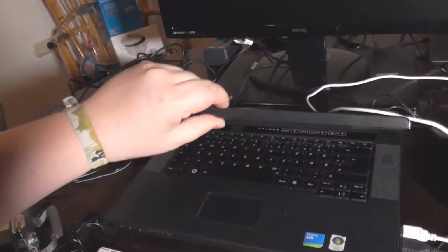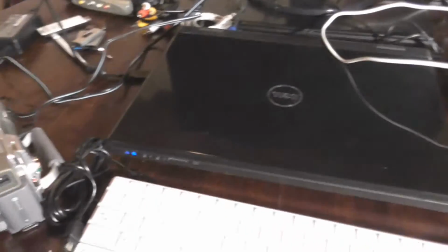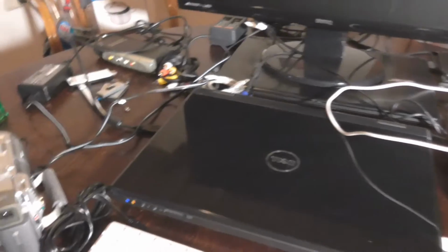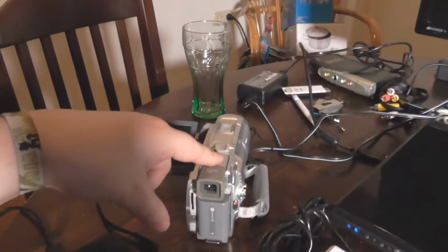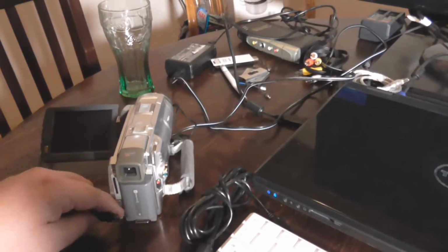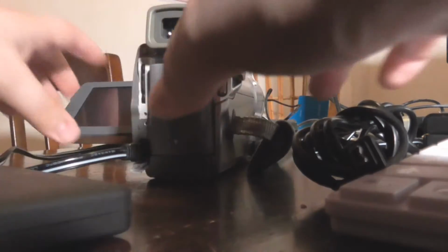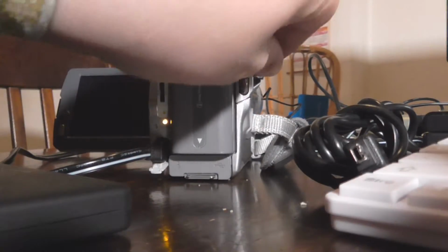Anyways, I can power my old, somewhat broken laptop here on and show you what I mean. But the only downside of this camcorder is that it has a dead battery, and it only lasts for like 5 or 10 minutes or something. Anyways, let me plug it in here, turn it on,